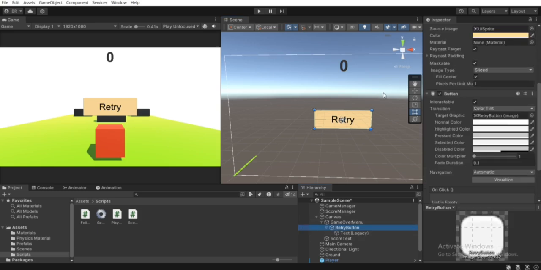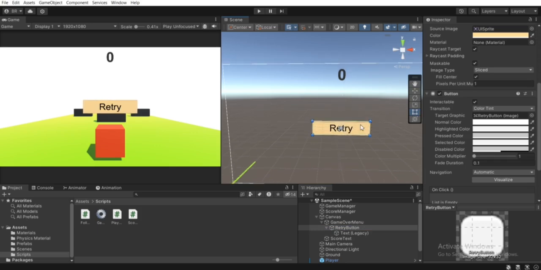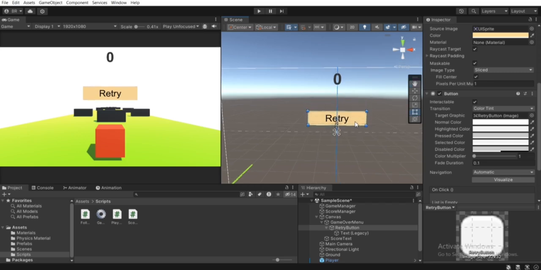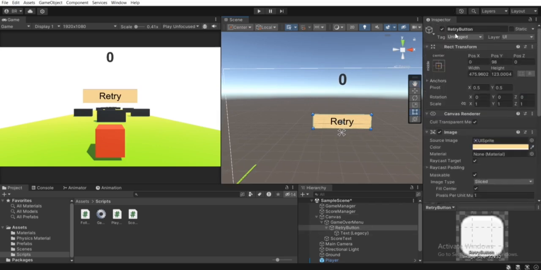Okay, and let's select this button one more time, hold down alt, so it will resize from center. So let's adjust it, and let's drag it a little bit up. Okay, so this is our retry button, I'm gonna move it over here,